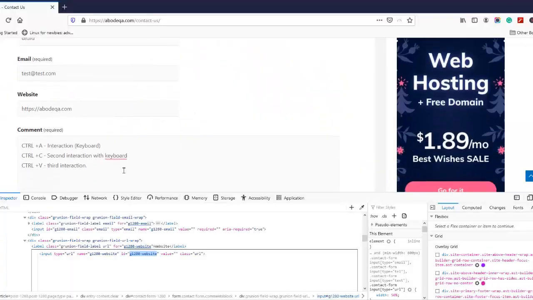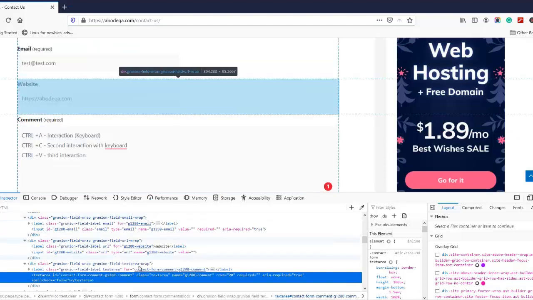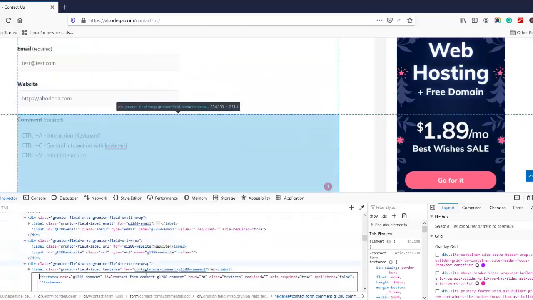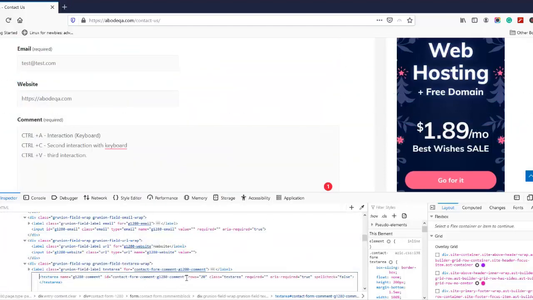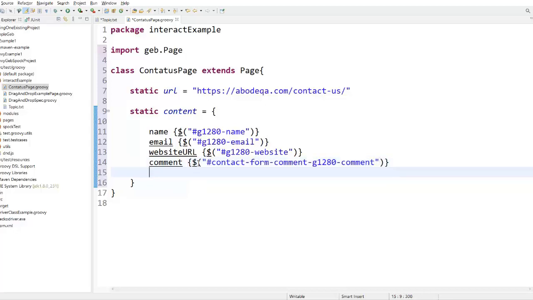Now we need to find the navigator for the comments. Let me edit it, copy this ID attribute, and give the name comment, curly brace, dollar, bracket, double quote, then hash and the value that we have copied.